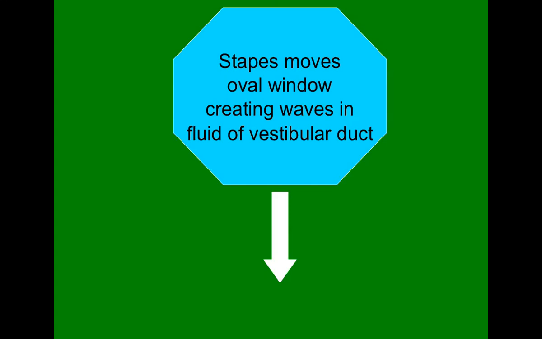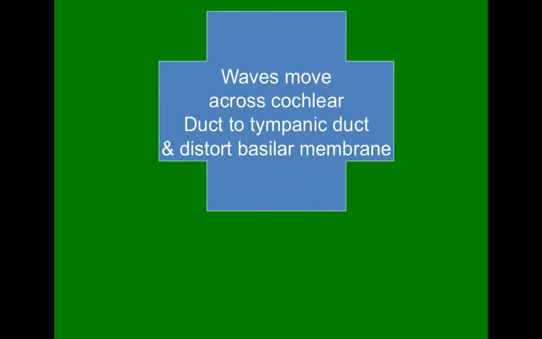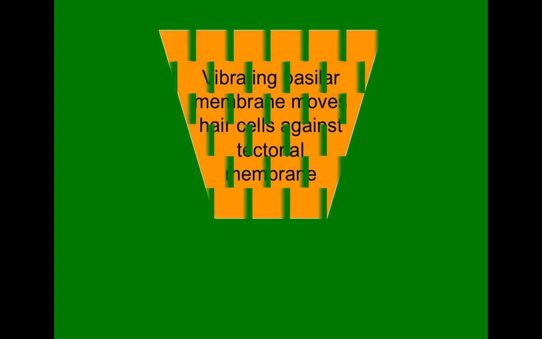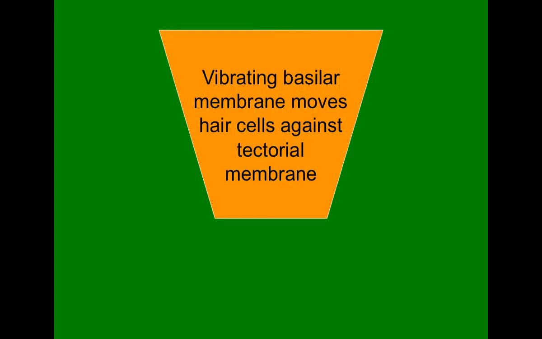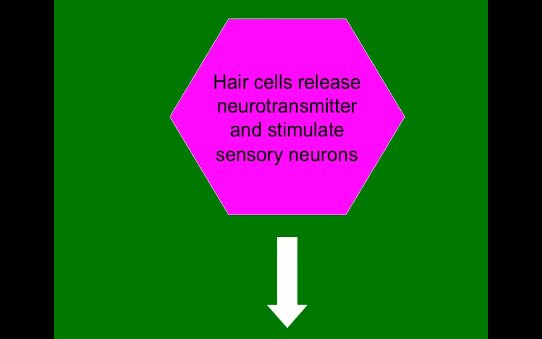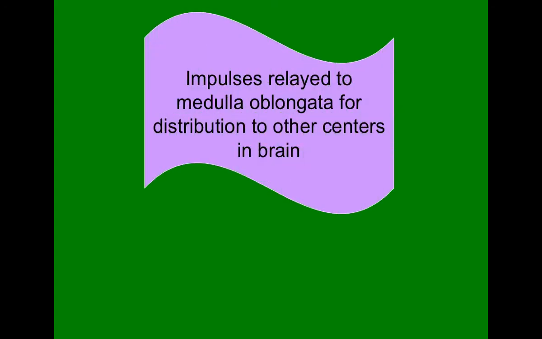Now these waves move across the cochlear duct to the tympanic duct, and as they move into the tympanic duct, they distort the basilar membrane. The vibrating basilar membrane pushes up the hair cells into their overlying tectorial membrane, which distorts the stereocilia. This causes the hair cells to release their neurotransmitter and create an action potential, or stimulation, in the sensory neurons. So the impulse is then relayed to the medulla oblongata, and it gets distributed to other centers in the brain